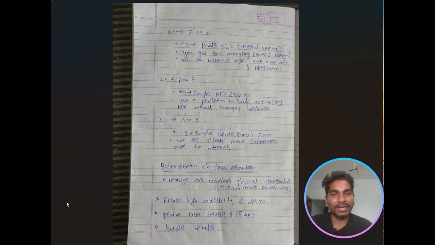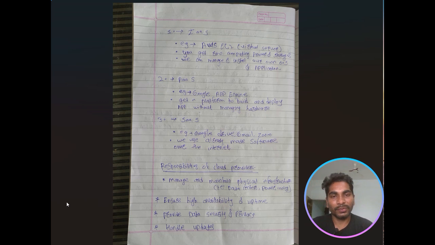And the second is platform as a service, for example, Google App Engine. In platform as a service, the cloud provider provides us the platform to build and deploy applications without managing the hardware. Means they provide the hardware for managing the software or the application.